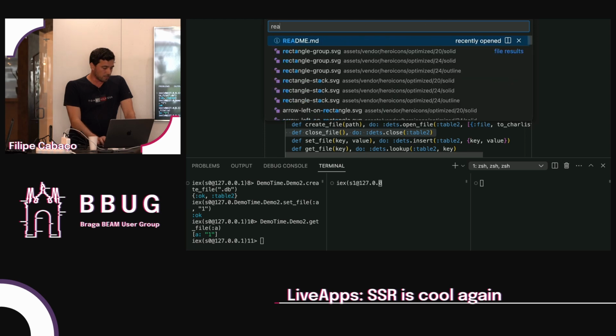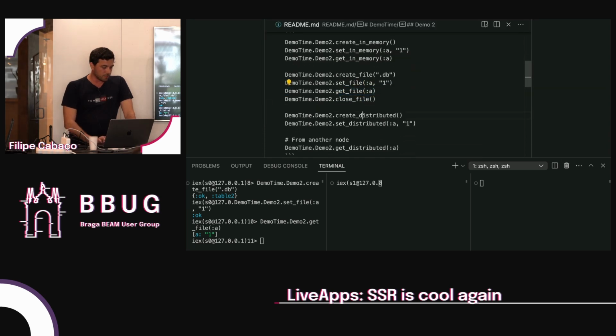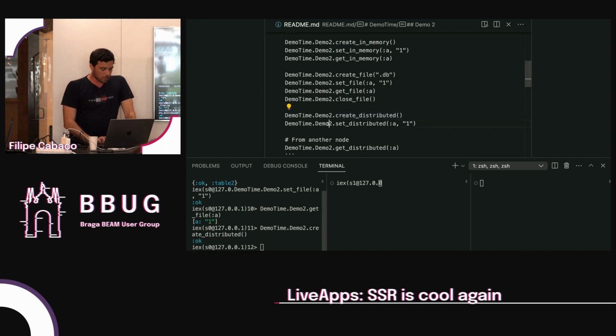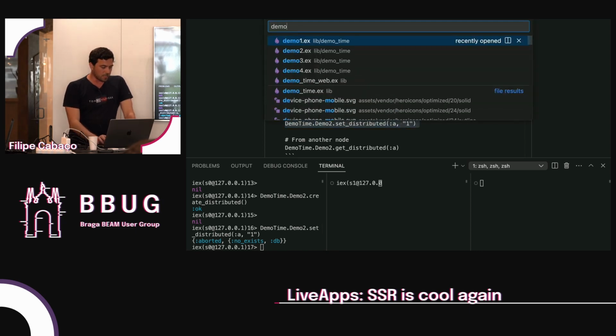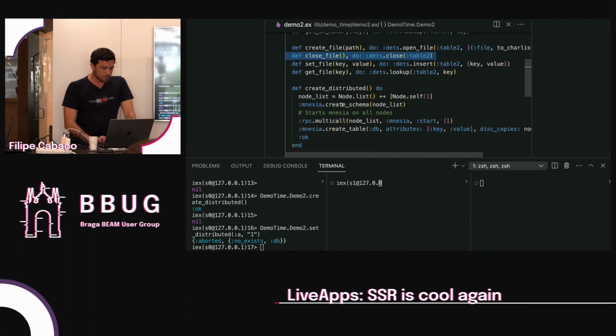Then finally, a more tricky example. We also have an option for, oh, wait, give me a second. I told you, live demos. Oh, I changed the code. But yeah, the idea is, it